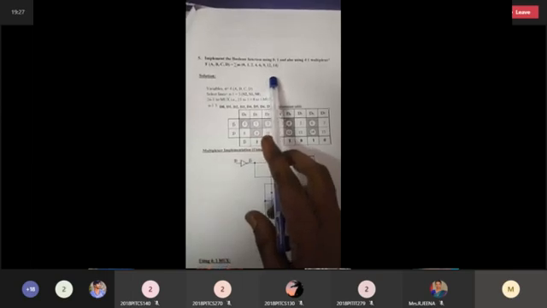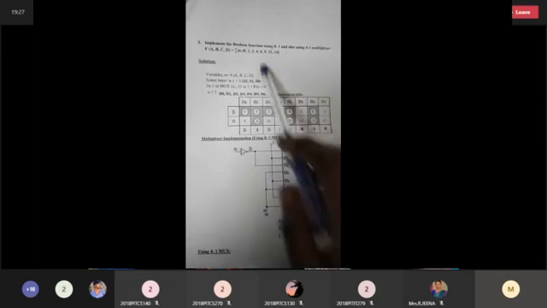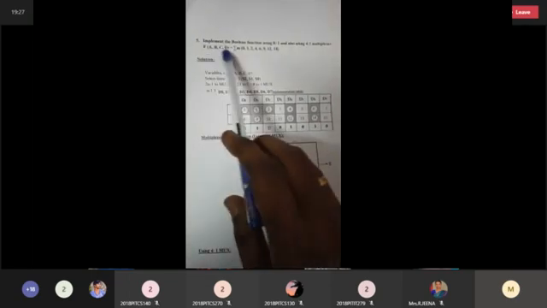Implement the Boolean function using 8:1 multiplexer, also using 4:1 multiplexer. F of A, B, C, D. These are the numbers. Okay. First you have to consider D0, D1, D2, D3, D4, D5, D6, D7. Consider the 8:1 multiplexer. Right? So A, B, C are the selection lines. D is the input. So D0 is D or D bar.